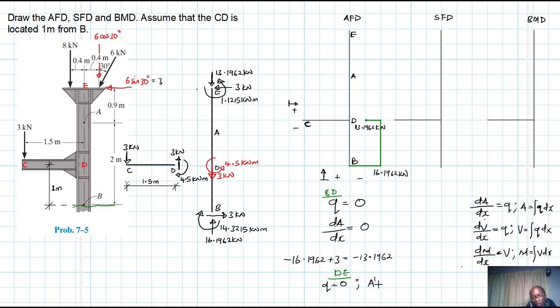A prime, or dA/dx, is also going to be equal to 0, the slope of our diagram. So this is just going to be a straight line. A prime is just another notation that we can use for derivatives. So A prime is just equal to dA/dx. Okay, right. So from that point, we expect a 0 slope, which will just be a straight line to that point like so. And then when it reaches E,